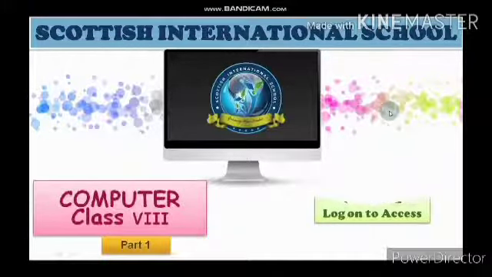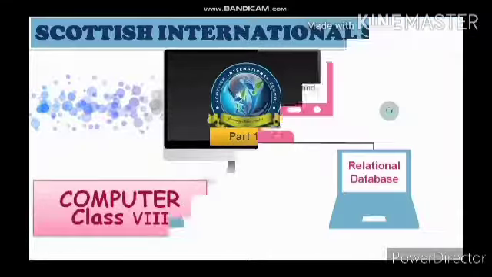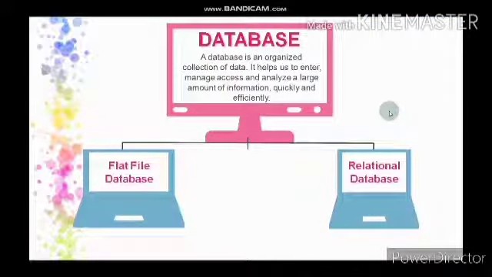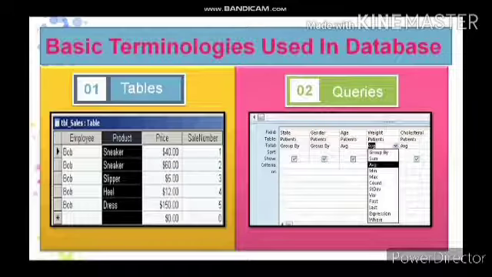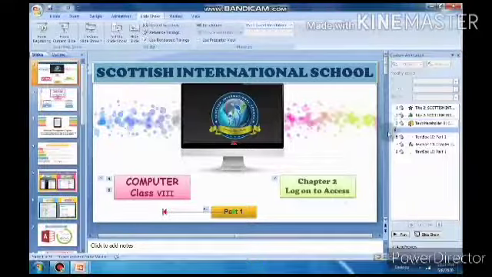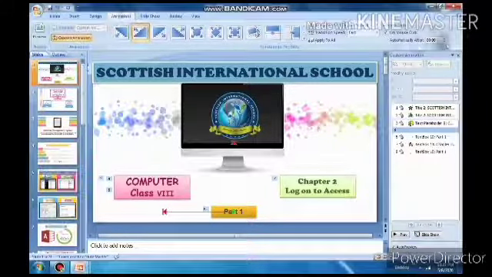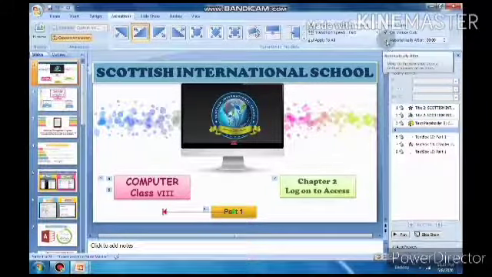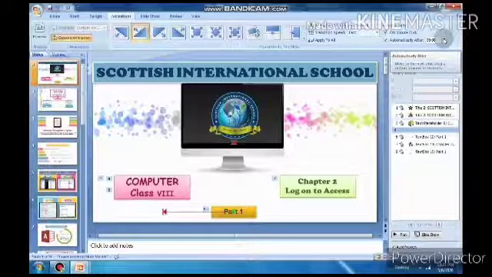Like this you can apply transition effect on a slide. Click on it, and if you want to apply time, you can apply Automatically After. Now you can set the time, like I have set after 5 seconds the slide will change.